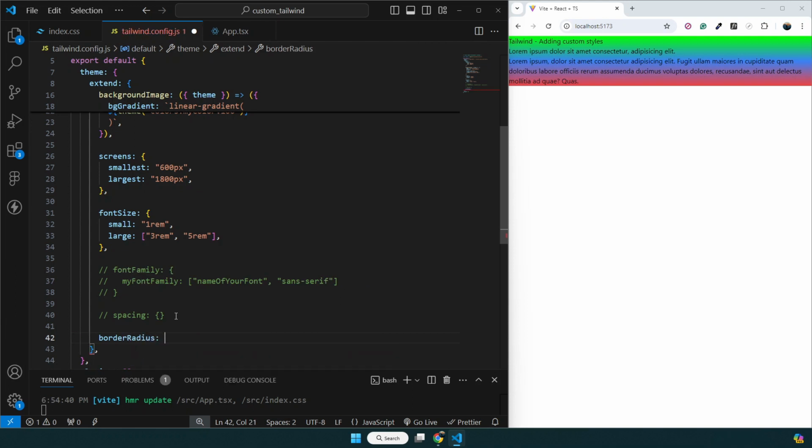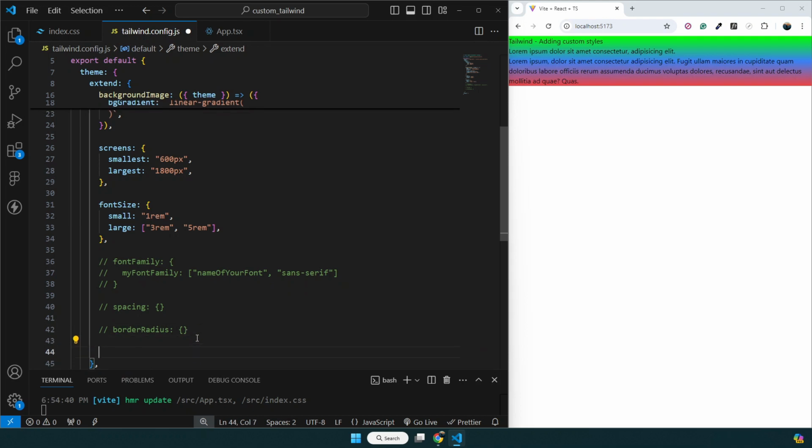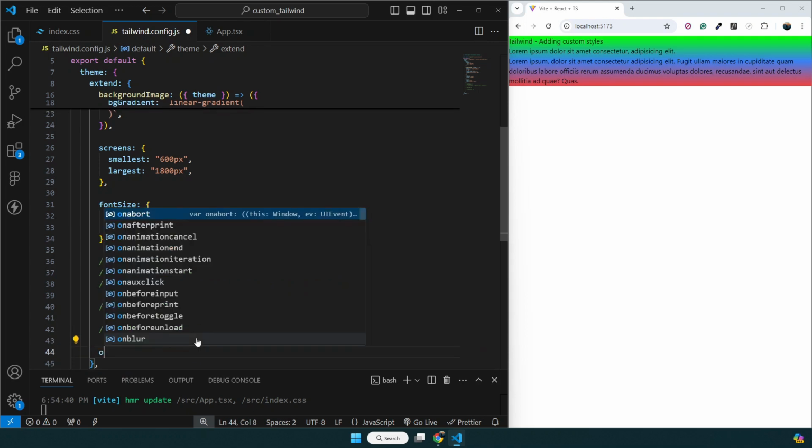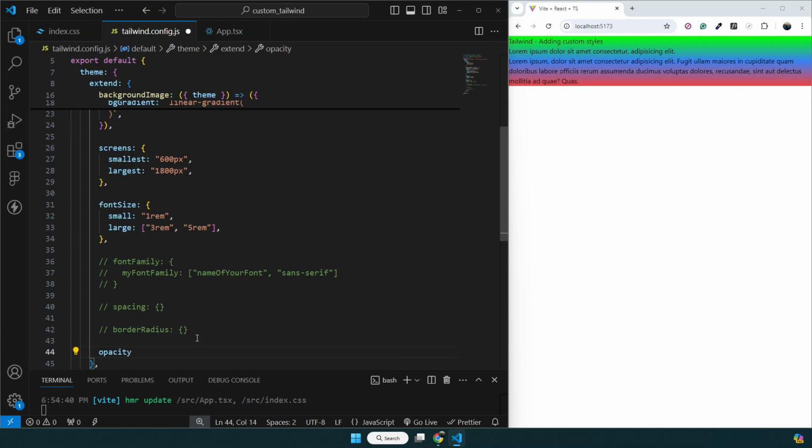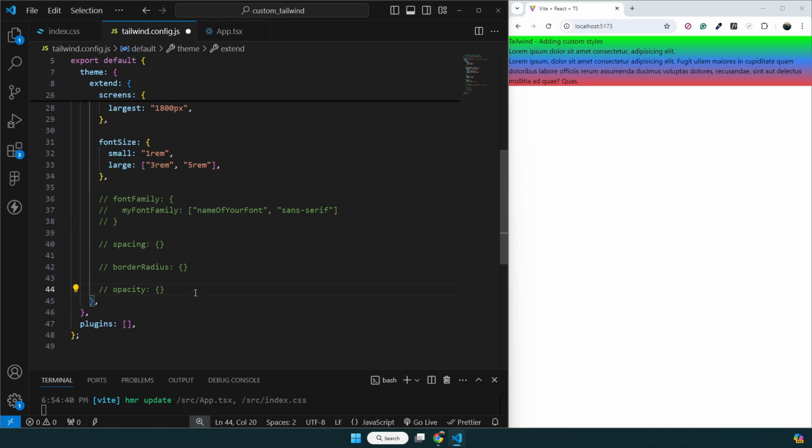I think you can do something like this, and then you can define the different border radius for your project. You can do opacity, something like that, and you can provide it as an object over here, and whatever value you provide over here, you can use in your Tailwind project. So depending on your project, you can add different themes for your project. Okay,